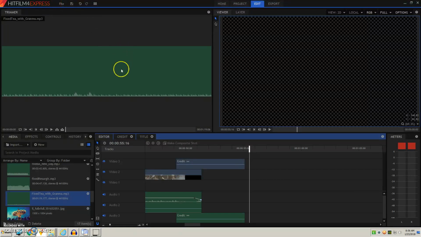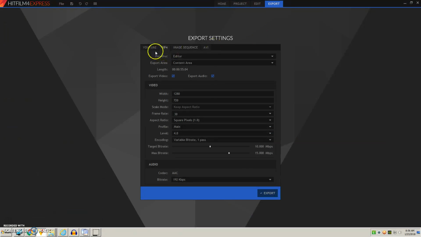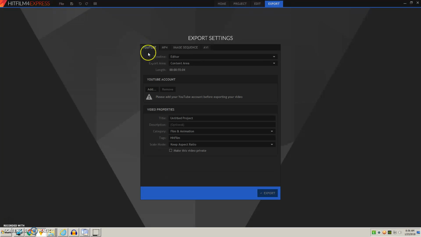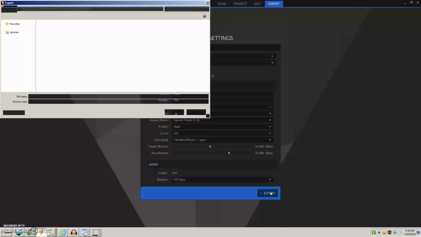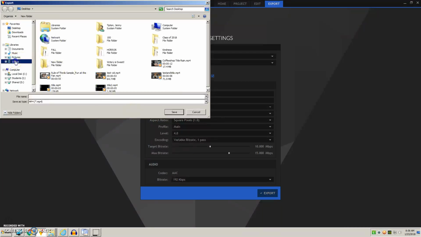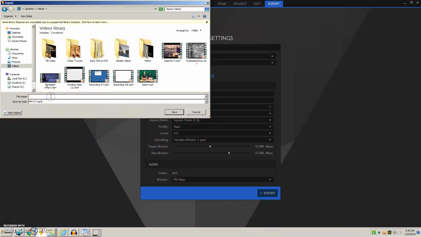When you are 100% complete with your project and you don't need to make any more changes, you're going to go over here to export, and it usually automatically pulls up YouTube first, so you're going to switch it over to MP4, and the rest of this pretty much stays the same. Hit export, choose where you're going to save it, give it a name,